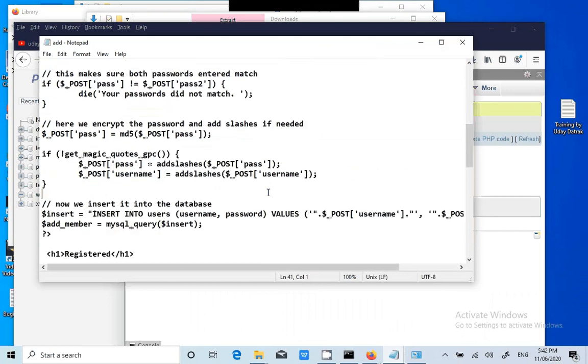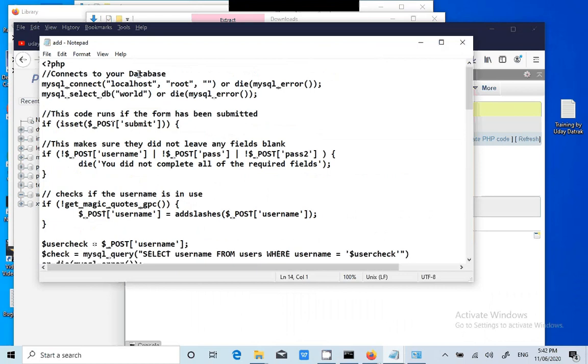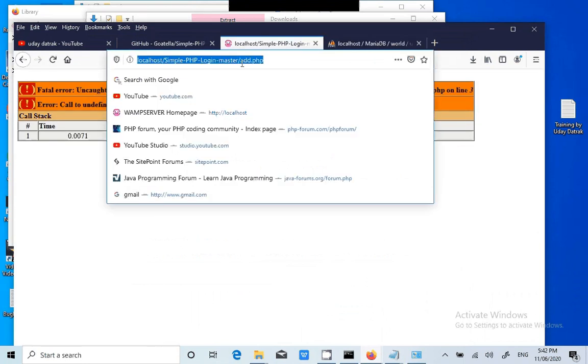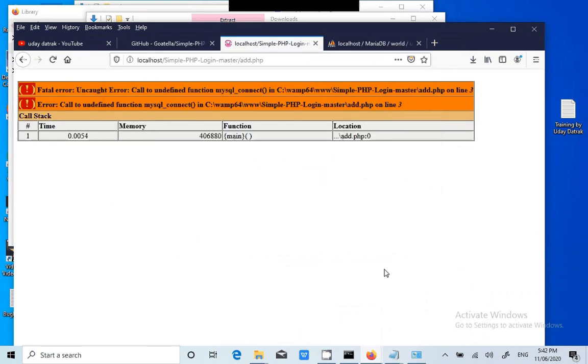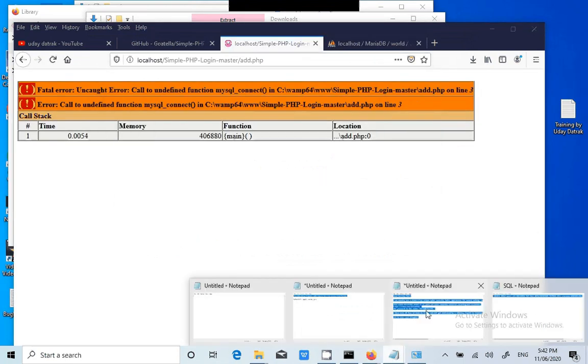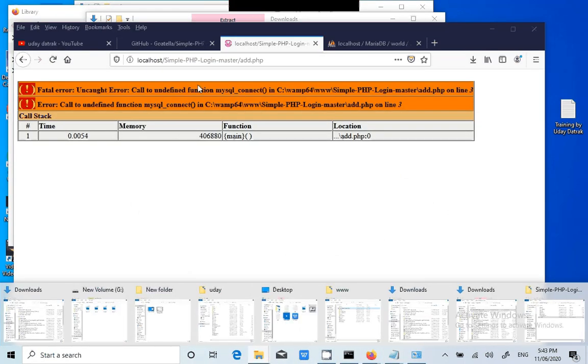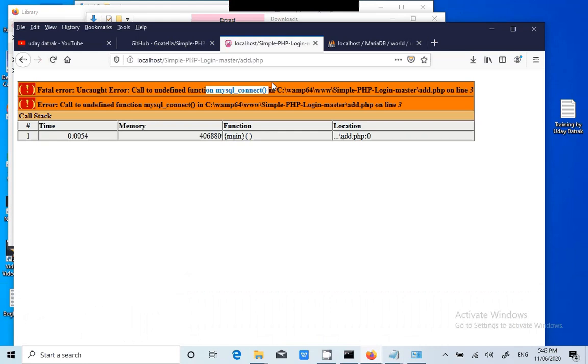Almost we are successful: database, username, password. Exactly. Now we'll try to open add.php. Did we save this file? Yes. Uncaught error, mysql_connect on line 3.